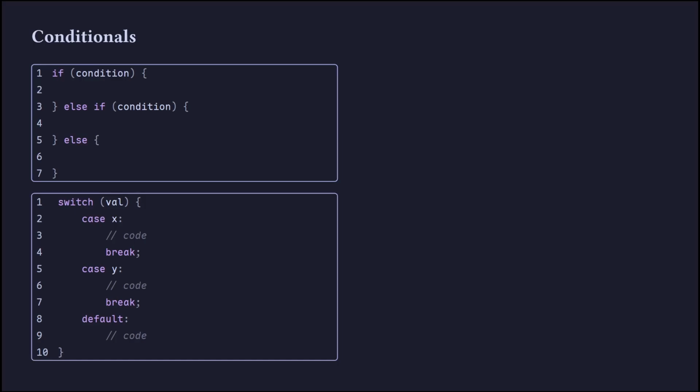The break at the end of each case is not necessary, but it does help with performance by more or less short-circuiting that control structure so that we don't check any of the cases below it. So if something passes the test for X, we won't bother checking if it passes the test for Y, and so